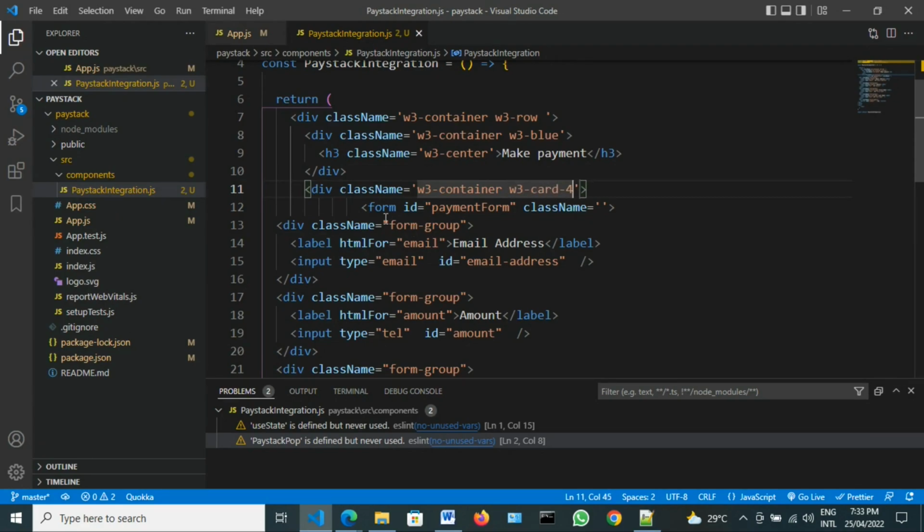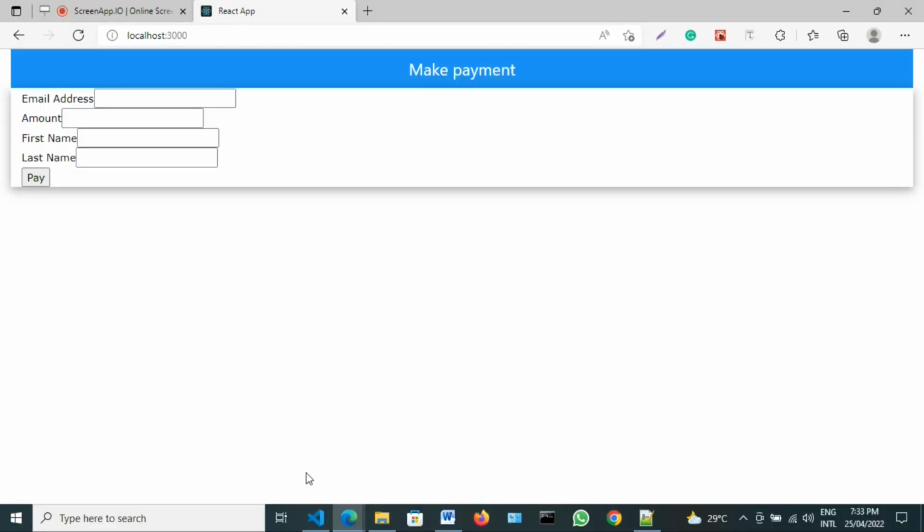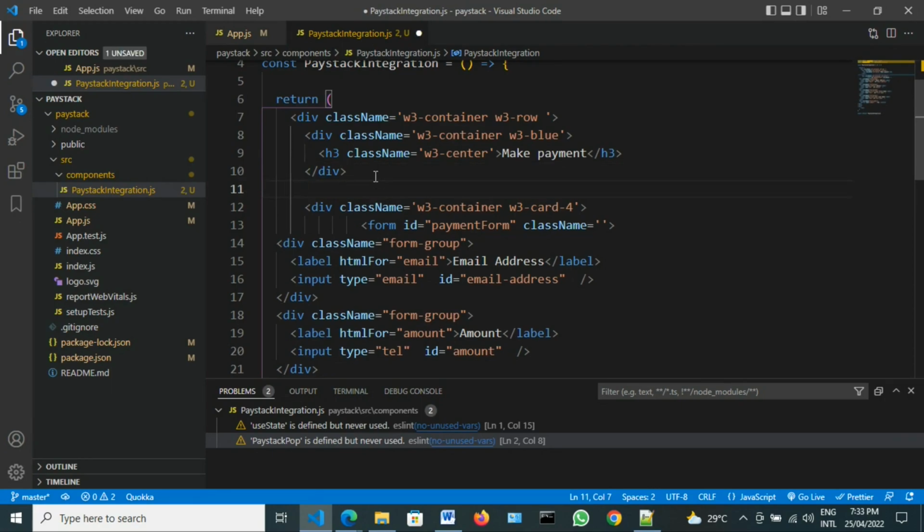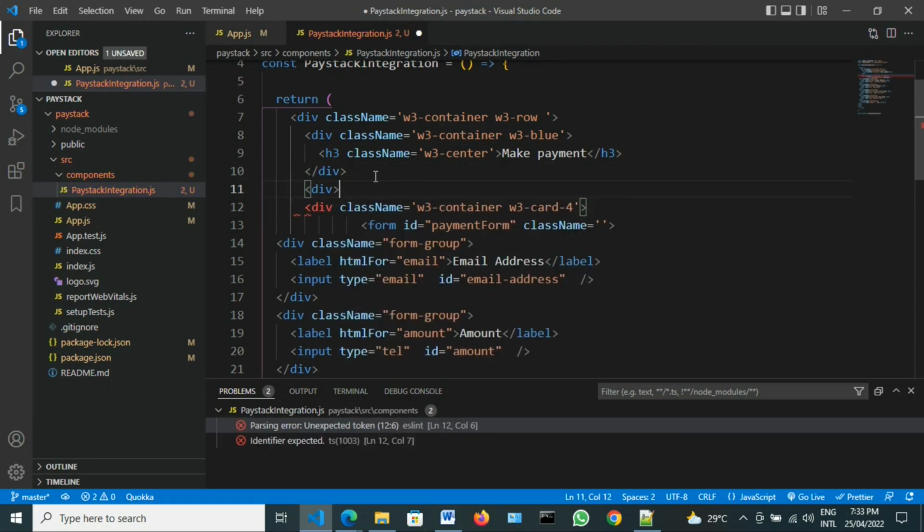All right, let's check this. Okay, you can see our card now. You can see everything here. Everything is working fine now. The next thing we need to do now, let me open another div above our card. This time around we have another class, w3-container again, then a w3-